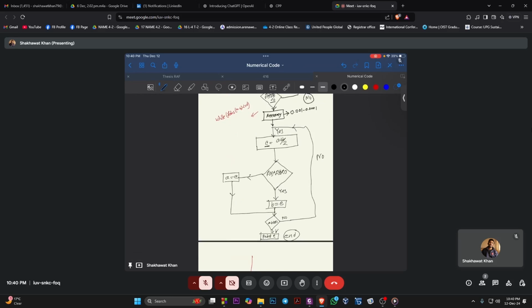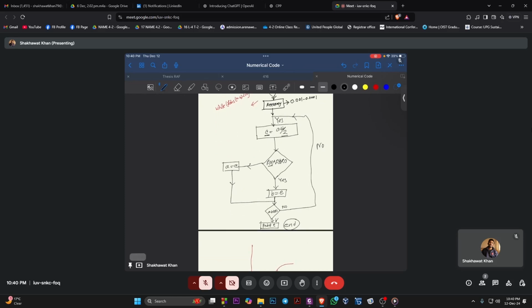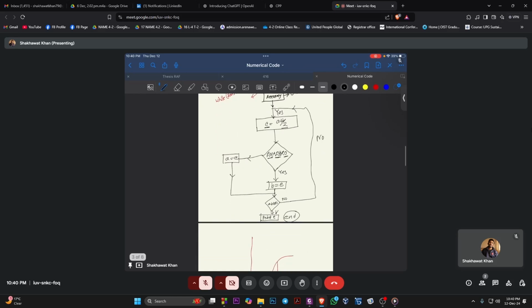We will get the c value as a plus b divided by 2, and further we will check whether f of a multiplied by f of c is less than 0 or not. If yes, then we will set b equal to c. What does this mean? I just discussed it earlier. Again, I will discuss it, no problem. This is a and this is b. If this a is already negative, and if this c value is also negative,